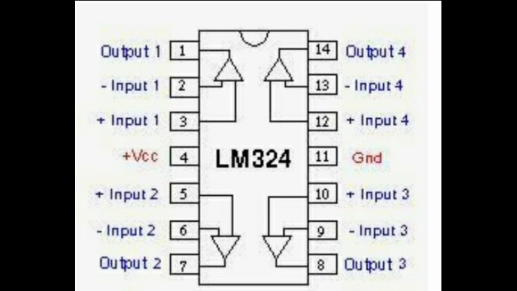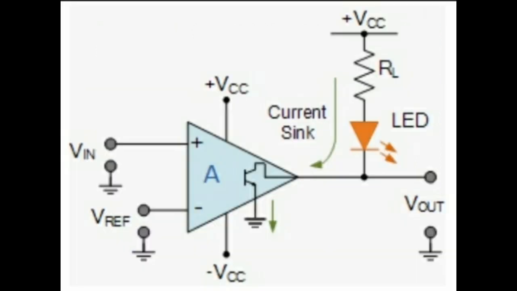I am using here a LM324 IC with terminal 1, 2 and 3. 2 and 3 are inputs and 1 is output. So we are actually using it as a comparator. In this circuit, we have inputs coming in as V reference and V in. If the value matches, we'll get our output and the LED would glow along with the buzzer. I'll give you all the mathematical calculation and you'll understand this in detail.